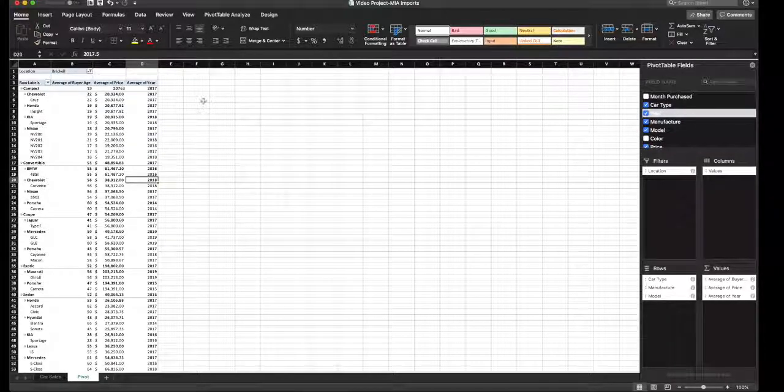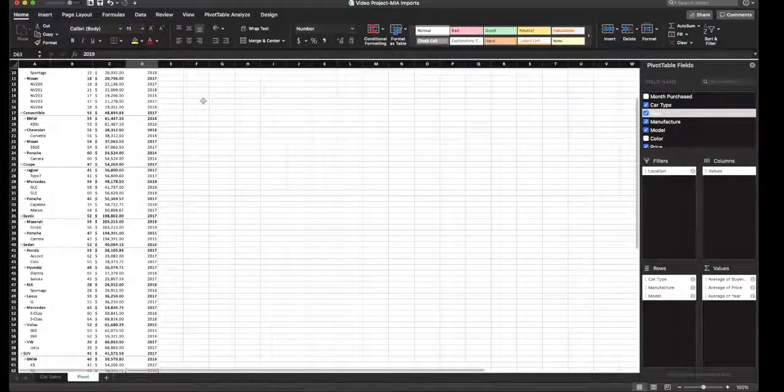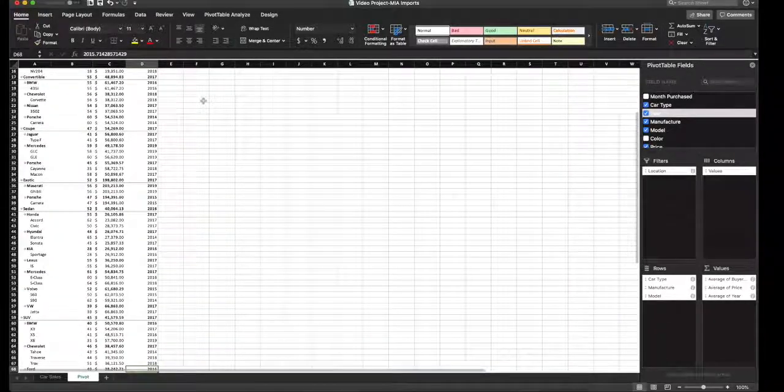This dealership, for all intents and purposes, is just for newer vehicles, 2014 through 2019 new vehicles. So get your average buyer age, get your average price sold for those models, and you have your average year sold